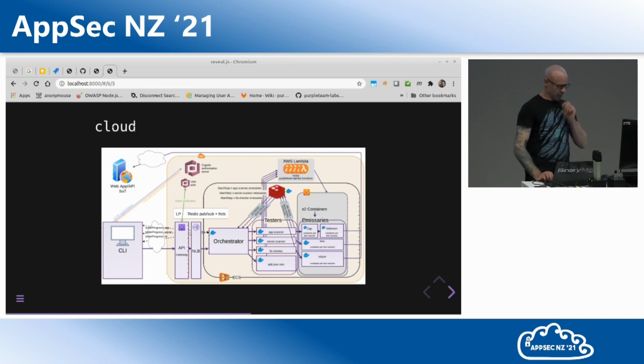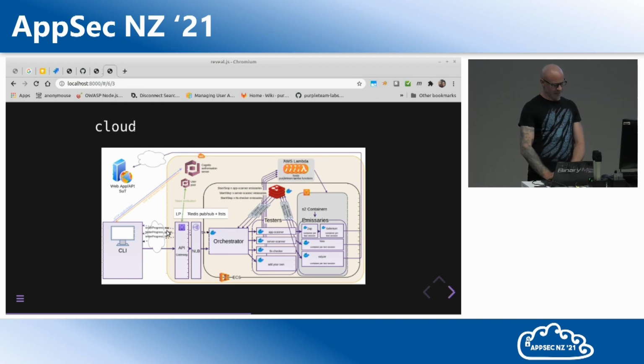So this is a diagram of what our cloud infrastructure looks like built. It looks pretty similar. We've got some authentication happening here, and it's a little bit different up front. So we go through these two components here. Again, the orchestrator organises and supervises the testers. Redis is pretty much the same deal, just that we're constrained to using long polling.